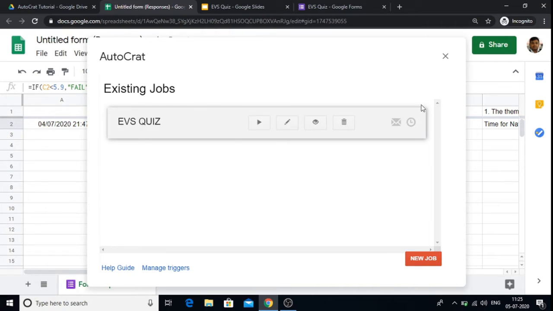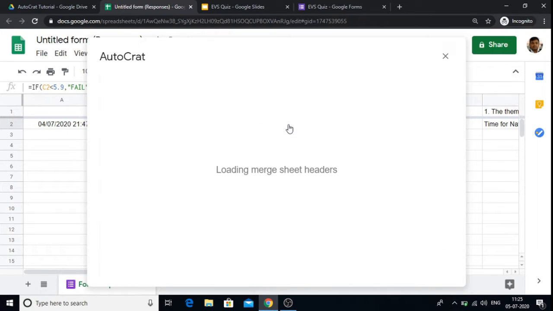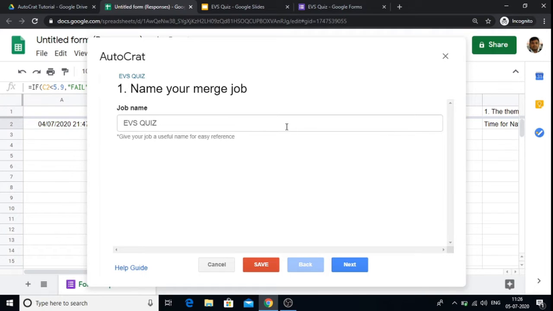I have already prepared one job which we are going to edit. In the second step, give a suitable job name and click on the next button.